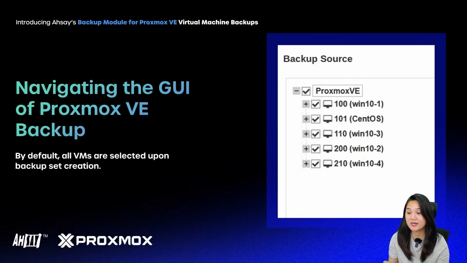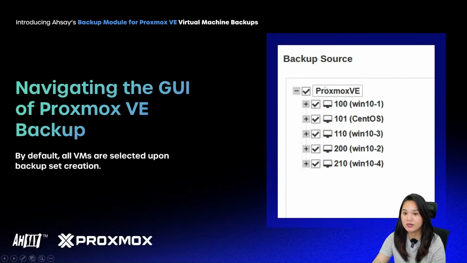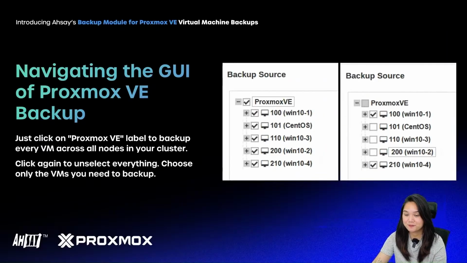No need to spend time to keep track and record which VMs are selected for backup. So just click on the Proxmox VE label to back up every VM across all nodes in your cluster. Click again to unselect everything. This is perfect for full-scale protection with minimal effort, which takes us to the second option, which is to